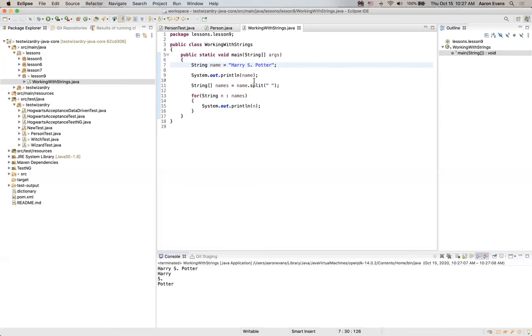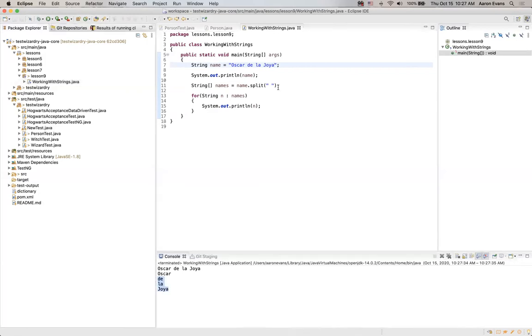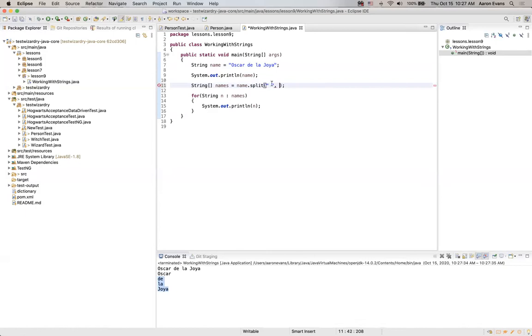But the one example I thought of, just thinking, Oscar de la Hoya, which is a name, that de la Hoya is actually the last name. So what we could do is we could split this in a maximum number of 2, I believe. That's how it works. And then it would say Oscar is the first name and De La Hoya is the last name. But what if we had,